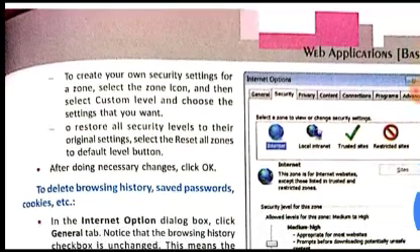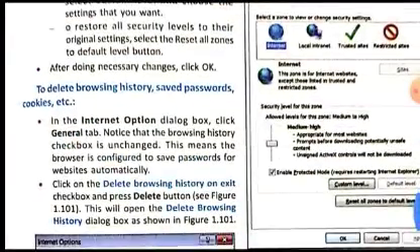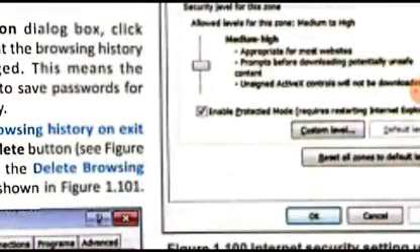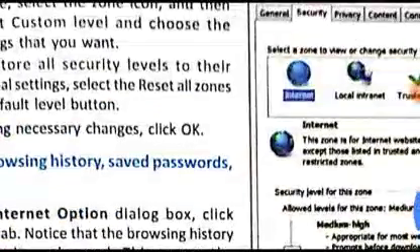So you can see what is there. First of all, we have to select the zone icon, whatever zone we want, and then we have to select the custom level button. You can see the custom level button is shown over here. Okay, you have to click on this custom level button. Then a new dialog box will open which will have a list of different options which you can use for customizing your security settings. Okay, so just by clicking on this custom level button and then choosing from the different options available in the custom level dialog box, you can customize your security settings also.